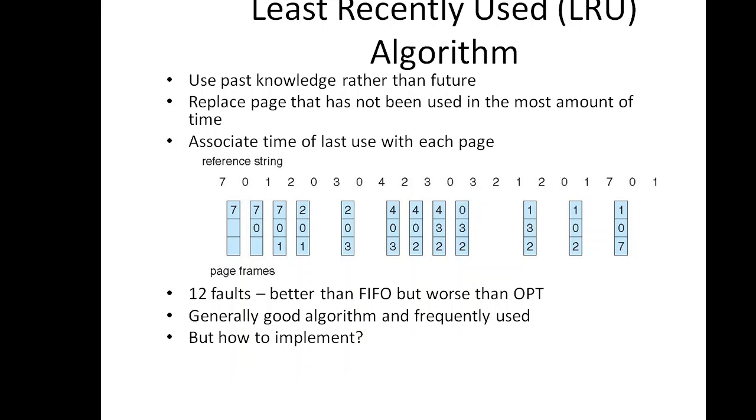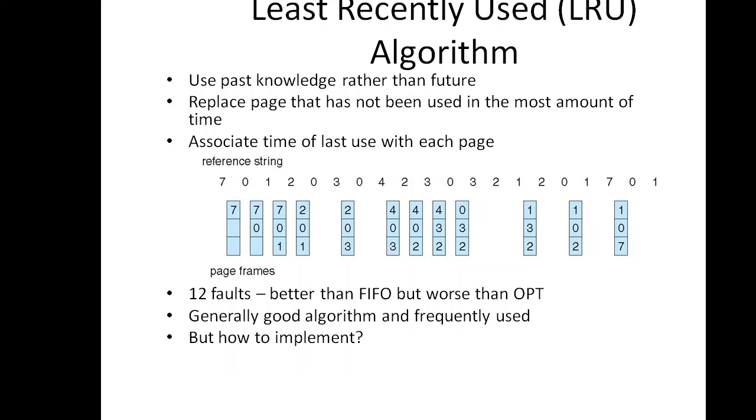Next value is 0. That is the 11th block. For 0 I have to replace some page. 1 is just one value previous to 0. 2 is the immediate one, so I cannot replace those two. 3 is 3 or 4 values previous to 0, so I can replace 3 with 0 in the 11th block. Next is 1, which is already there.